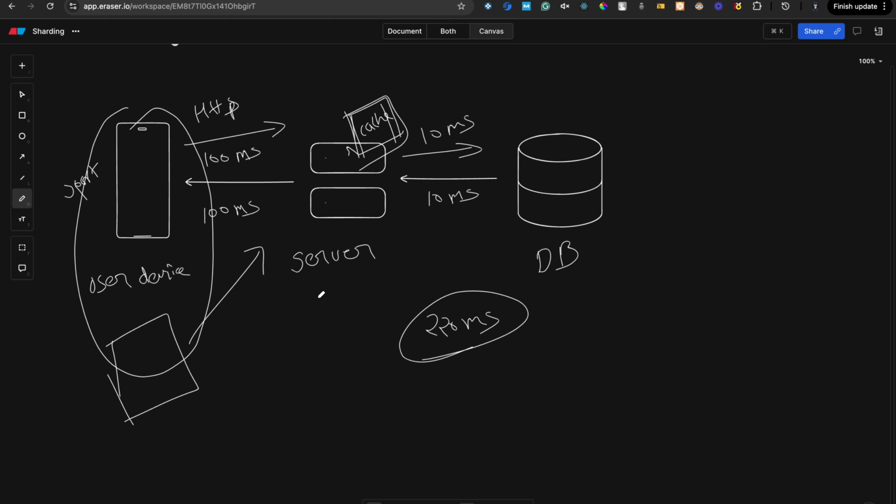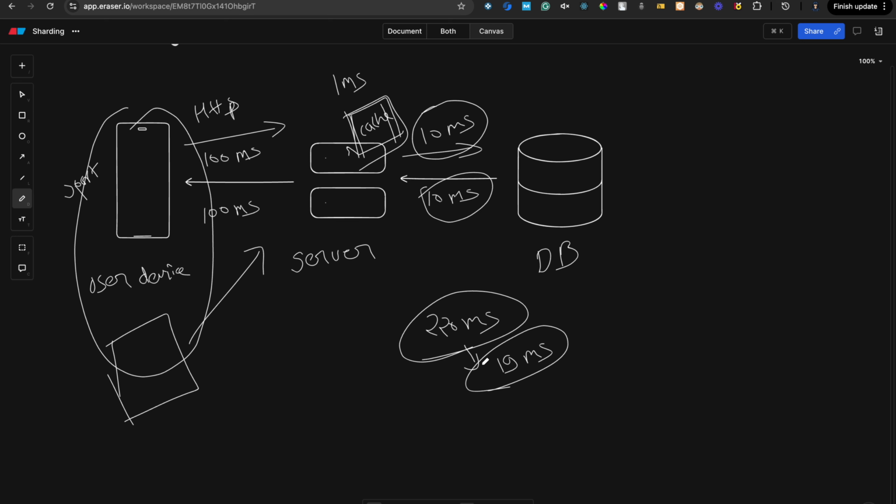So we don't need the 10 millisecond operation for querying the database. Let's suppose that this will take around 1 millisecond to return from the cache. So this is reduced, right? It will reduce approximately 19 milliseconds from the whole operation. So that is the benefit of caches. There are different types of cache we can use.